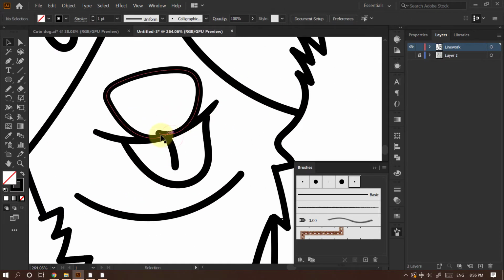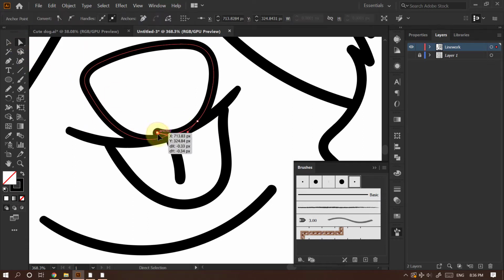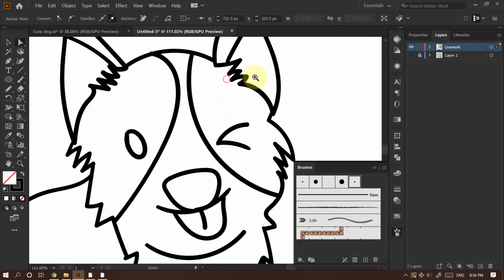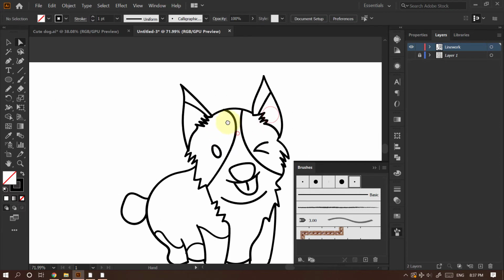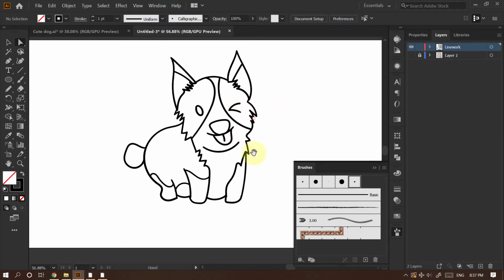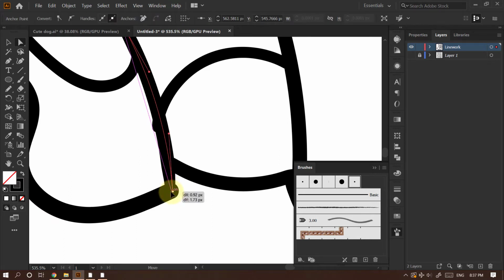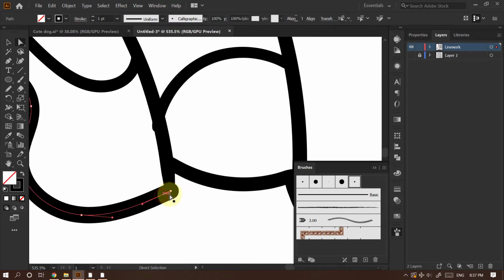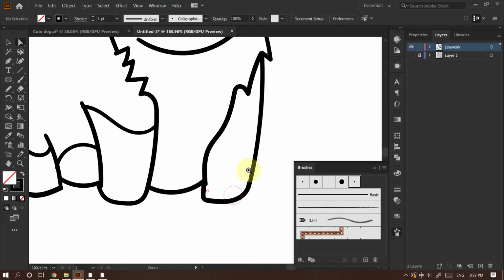You can clean some of your lines with the direct selection tool, or you can also use the eraser tool to erase some of the artwork where you find that you mistakenly did something wrong. So I think it's perfect.